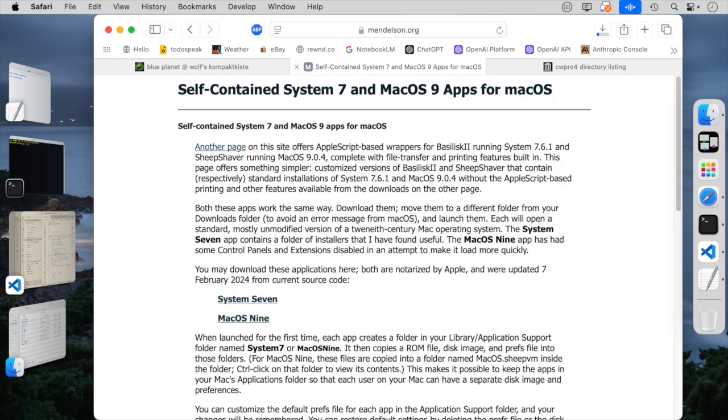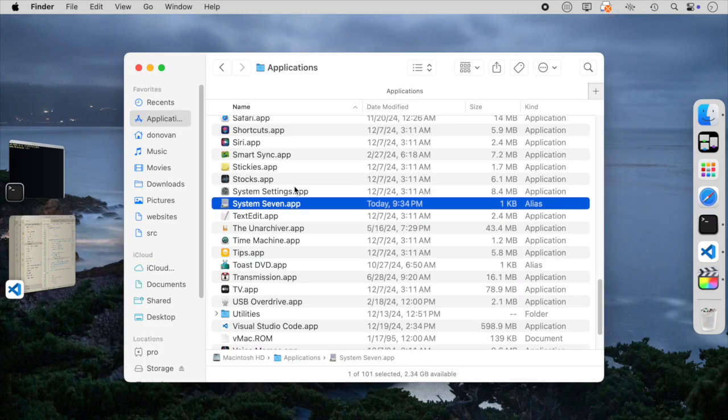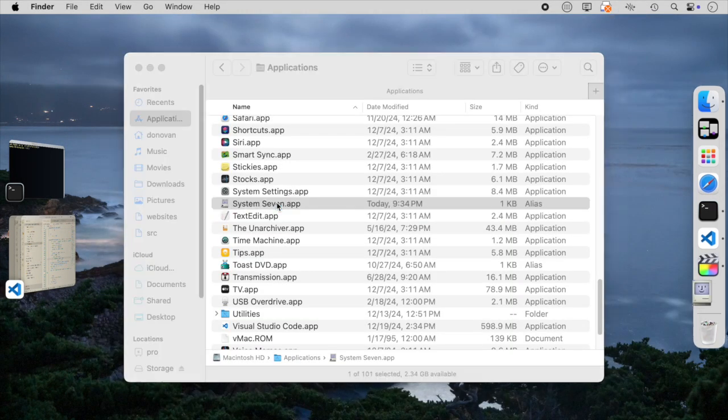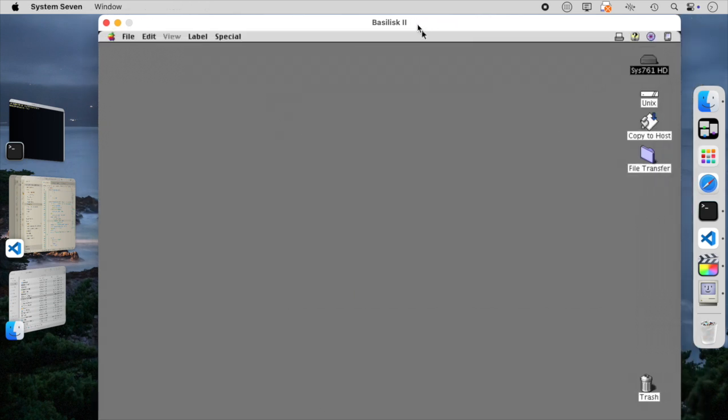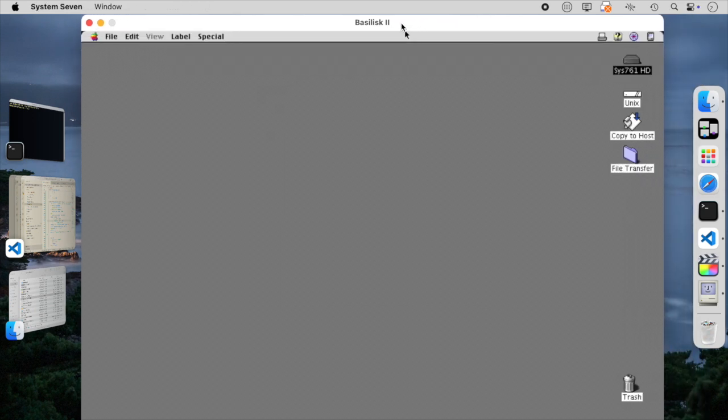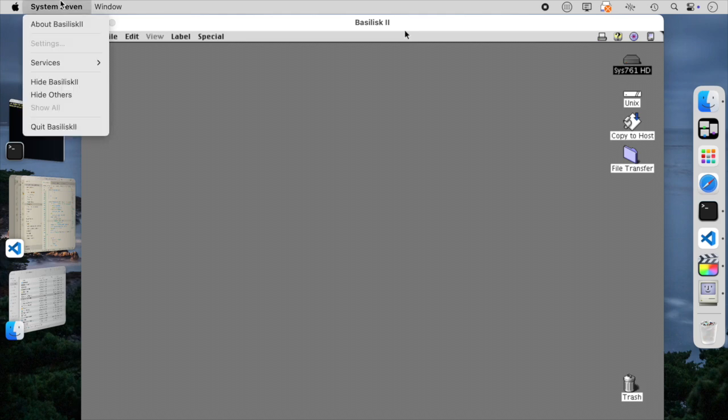Otherwise, we are going to be using a 68K emulator called Basilisk 2. I like to use this packaging of the emulator, which comes pre-installed with a bunch of stuff and is very convenient to use. You can find it in the link below. Once you have it, first you're going to want to run it, and it's going to boot into System 7.6, and that's going to create the preferences file, which we are going to need to edit to mount the CodeWarrior